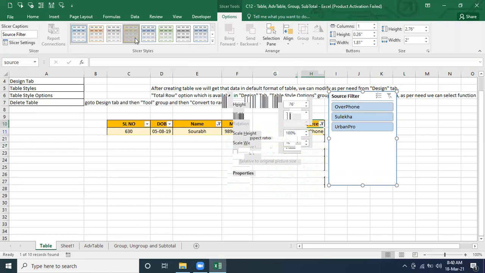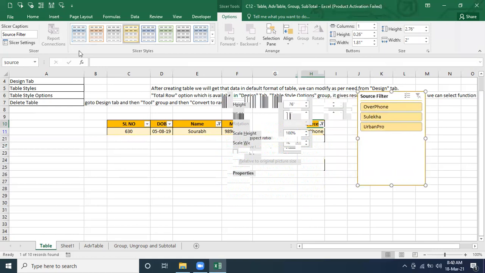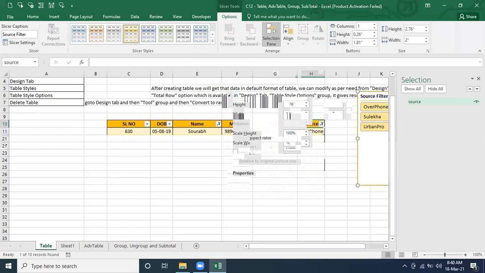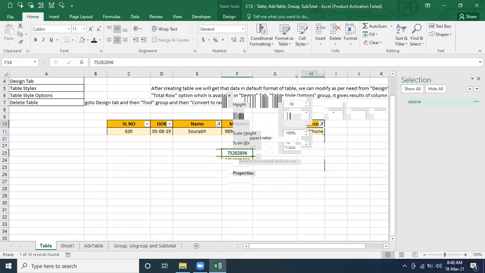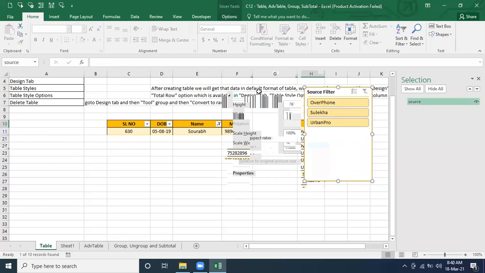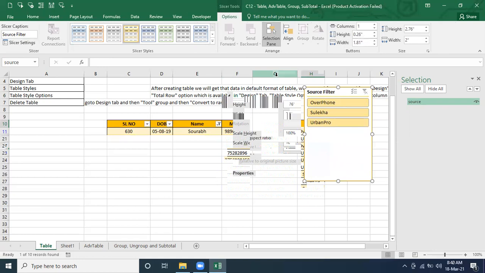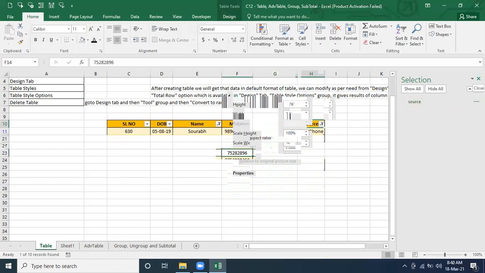And what we want this format for this filter. And I don't want to delete this one. I don't want to delete this slicer. Then what we can do, we can go to the selection pane and we can make it hide. Okay. Correct? We can make it hide. So we can make it visible. So it's visible now, this slicer. So later if you want to use it, we can make it visible.